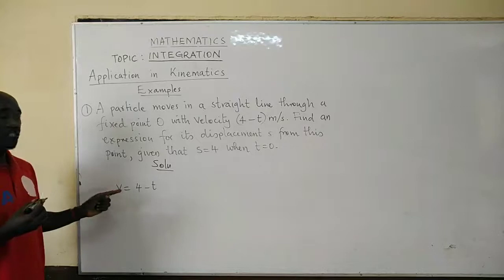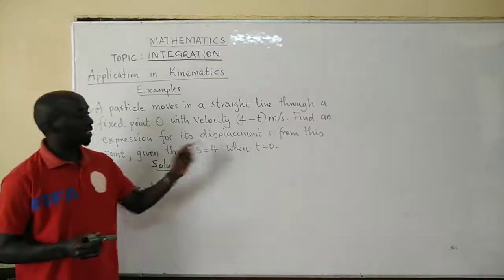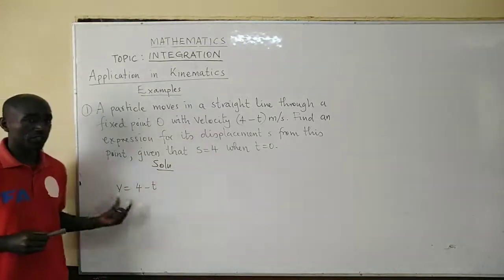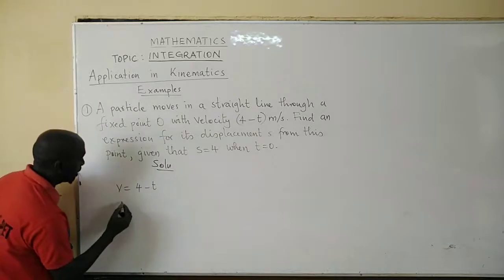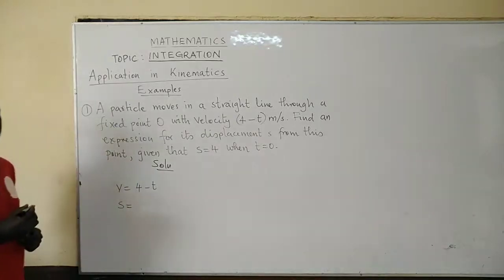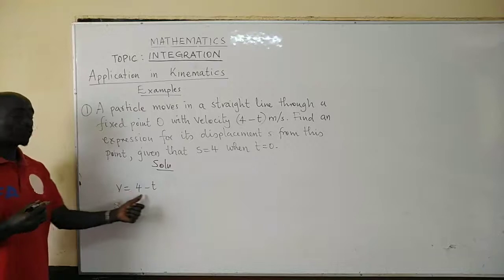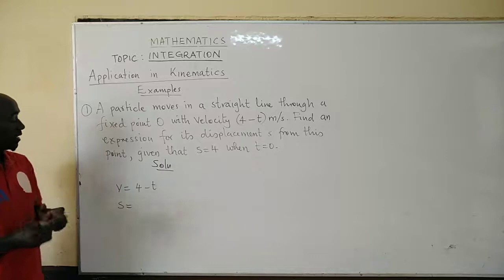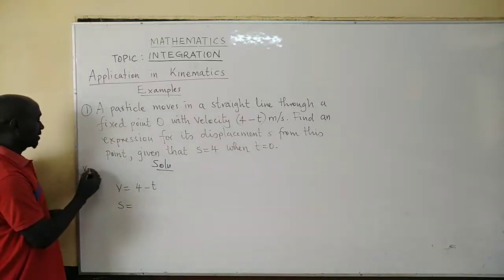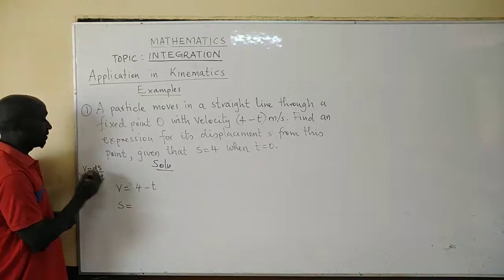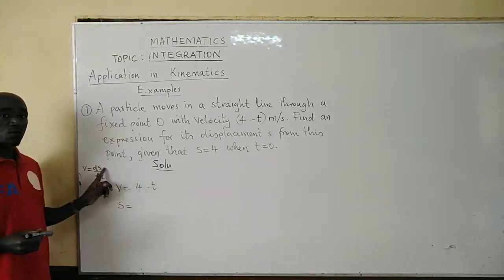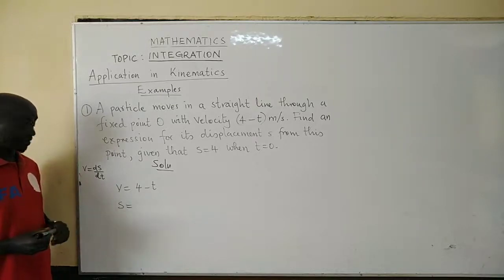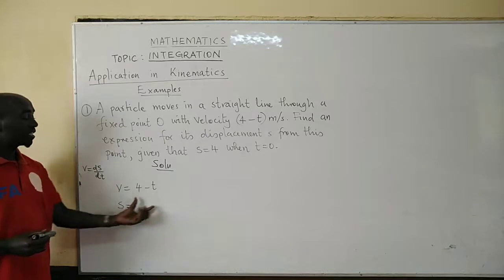If the expression for velocity is given, and we want the expression for displacement, what do we do, my dear learner? We just discussed that. If you already have the expression for velocity, and you are looking for displacement, you integrate the expression for velocity to get displacement. In the topic of differentiation, V is ds/dt. That is, you differentiate s with respect to t to get velocity. Now it is the reverse. To get s, we have to integrate velocity.